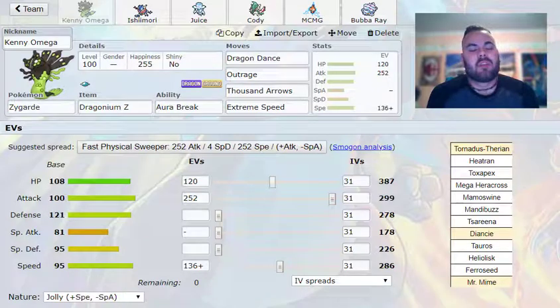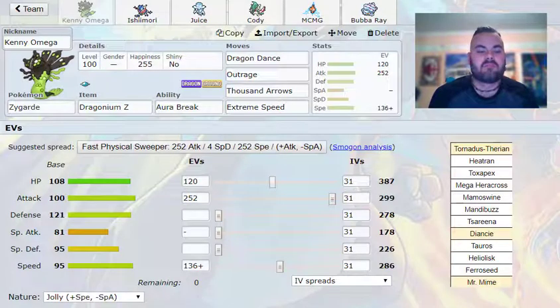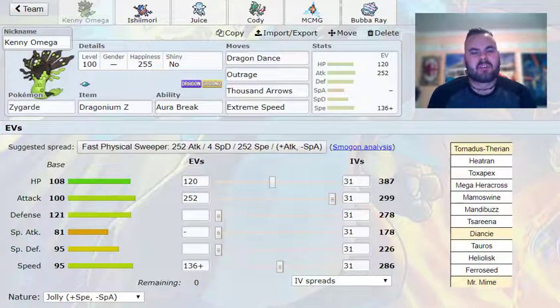Gallade can put in earlier work if I needed to open the door for Zygarde to just clean by itself, but it's also just a win con in the sense that its ability to break teams is massive. I could have actually ran this thing Adamant if I wanted to, but I actually don't need to. Because of the amount of damage that +1 Dragonium does, even with a Jolly nature, I actually am not that pressured to go for